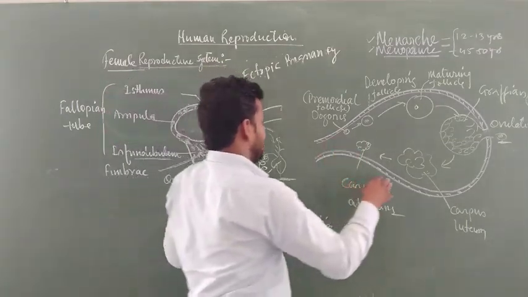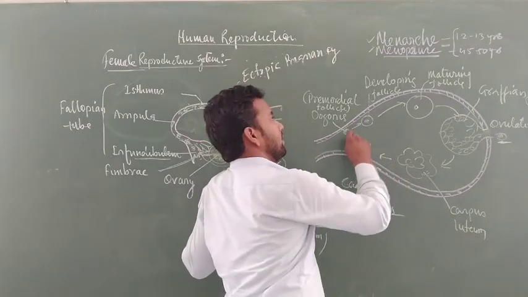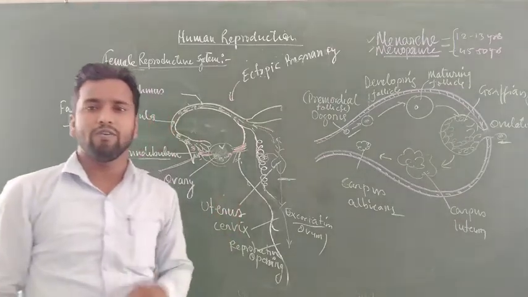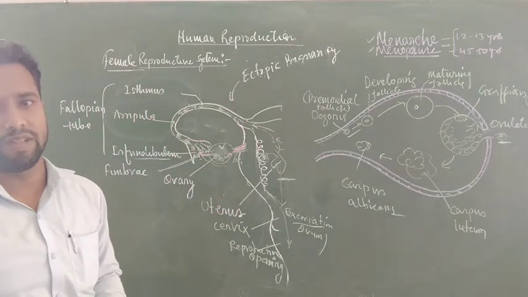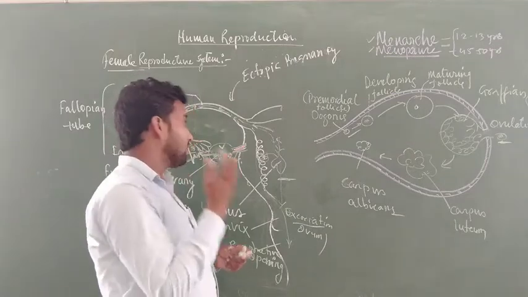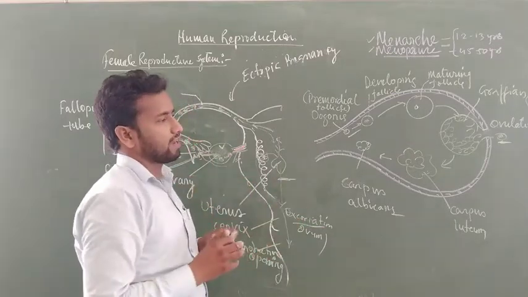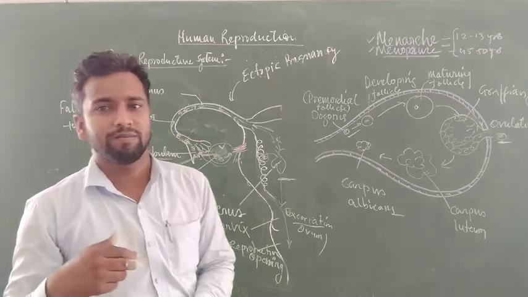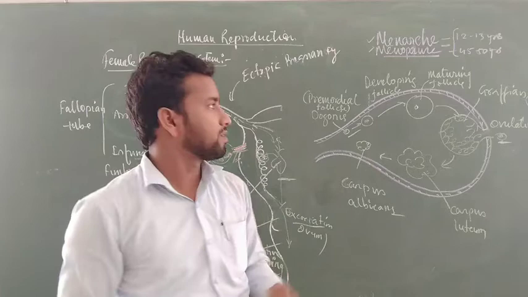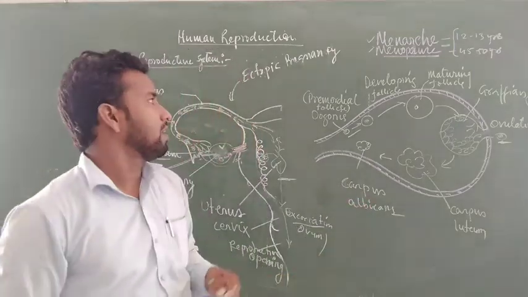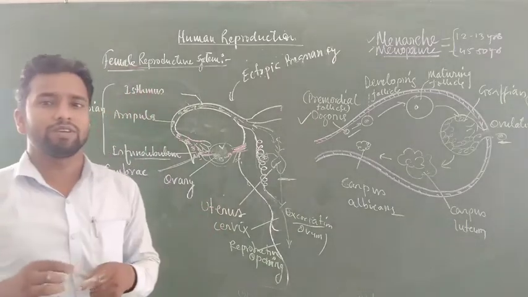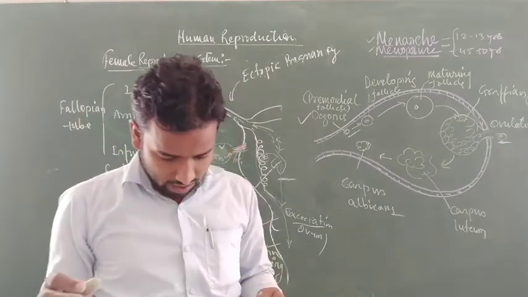Now in that case, another oogonia starts producing again. This is a periodic cycle found throughout the year in females. Students, beside this, many other questions arise. What is an ectopic pregnancy? What is an abnormal pregnancy, a normal pregnancy? What is the difference between corpus luteum and Graafian follicles? How does the oogonia develop, and how does this differ in mutation?